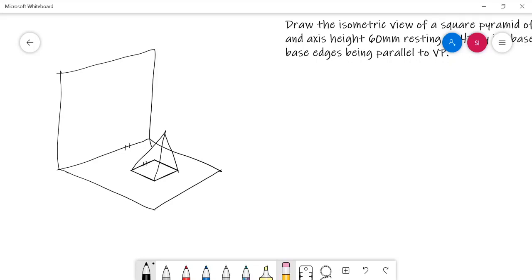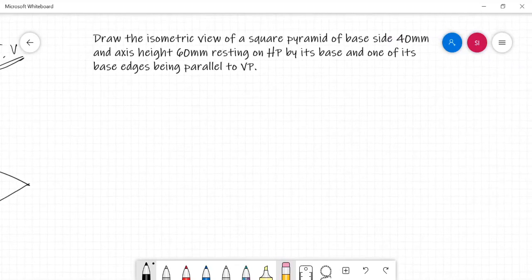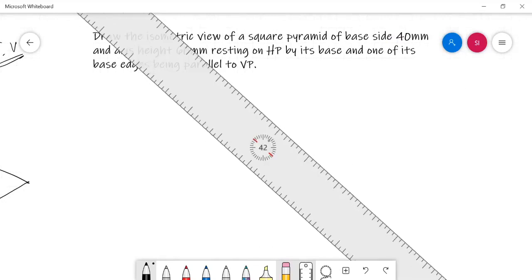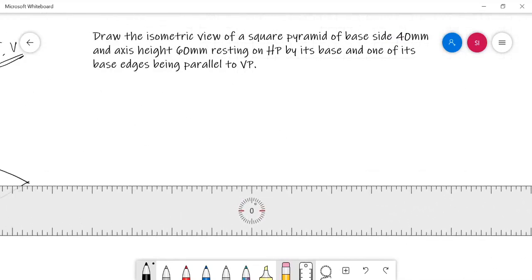So here we need to start the answer with the drawing of the base view, and that base view square is obtained from the top view only in this resting condition. So I need to start my answer by drawing the square base view from the top view. Let me complete the orthographic projections of the solid.